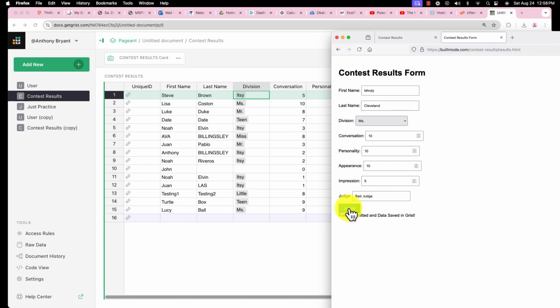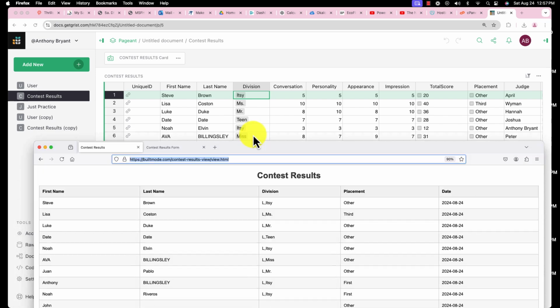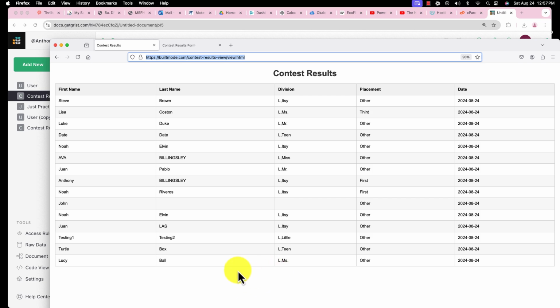Watch. Aha. Look at that. And also this view. So let's look at this for a second. Well, let's go straight to the view. I'm going to put it down here. So the same thing we see here that was just submitted from this form, you can actually view here. You just got to refresh it. Look at that. Mindy, Cleveland, division, Miss. All right, placement,